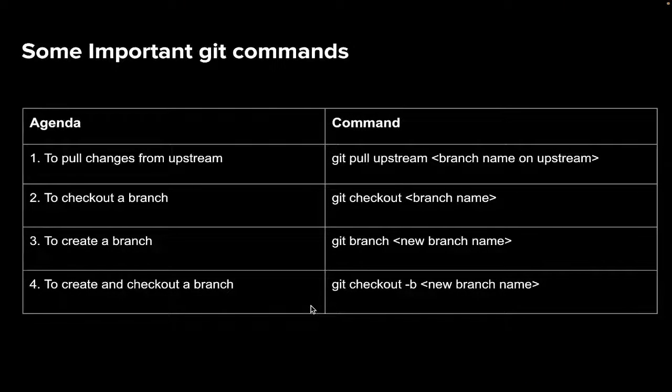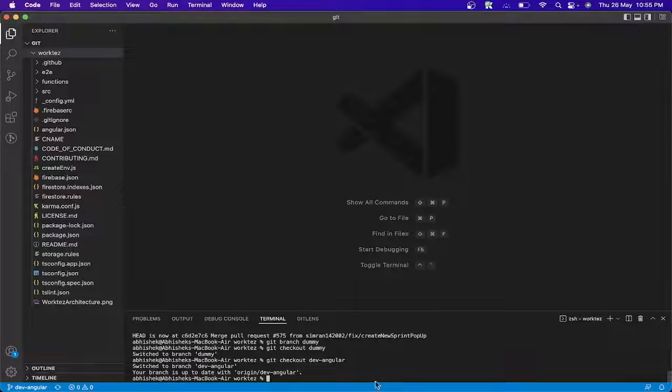So there is a shorthand method to create a new branch and then check it out at the same time, which is git checkout minus b and a new branch name. So what will it do? It will create a new branch and then check it out at the same time. Let's go to VS Code, git checkout minus b, and then the branch name